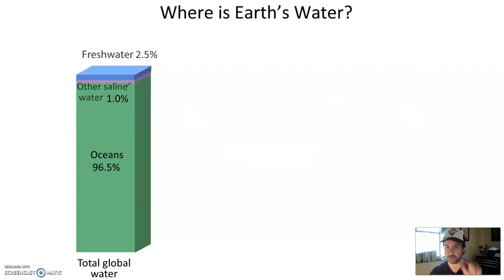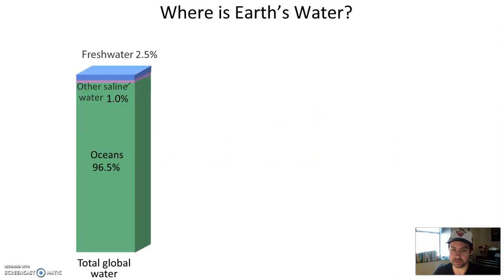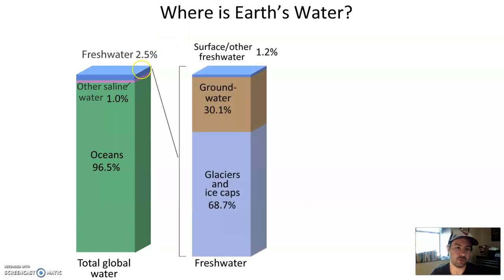All right, fresh water only makes up a little sliver of the total of Earth's water, only 2.5%. So where is most of Earth's fresh water? Where is most of Earth's fresh water? That's non-salt water. Well, let's break it down. So let's take fresh water and break that 2.5% down. So of that 2.5% of the Earth's total water,